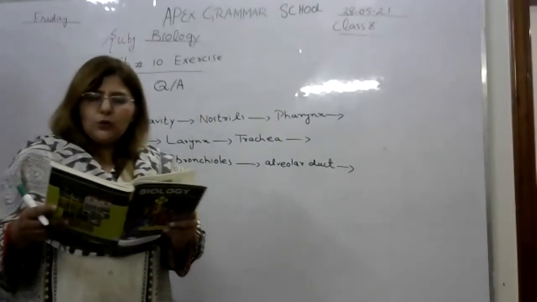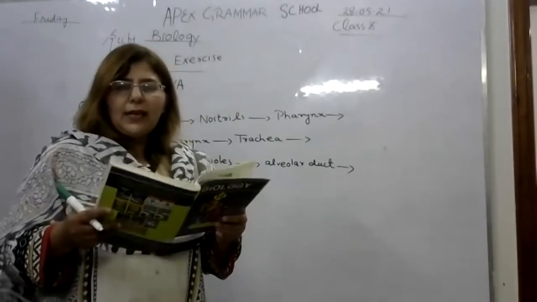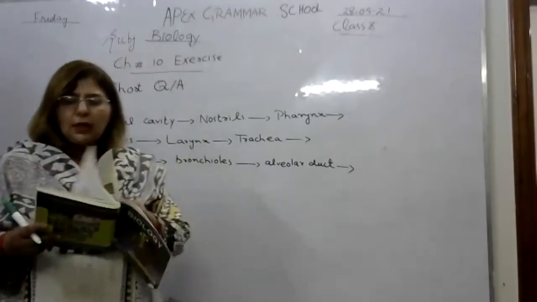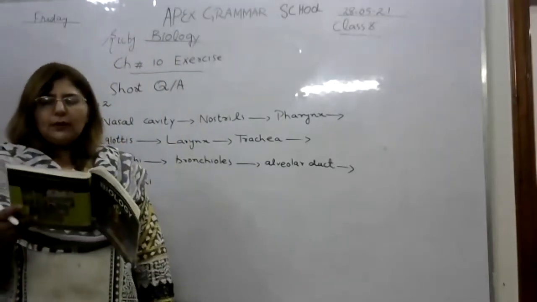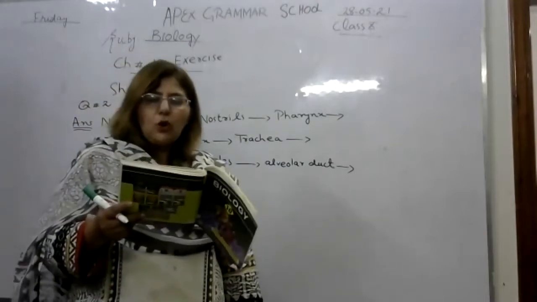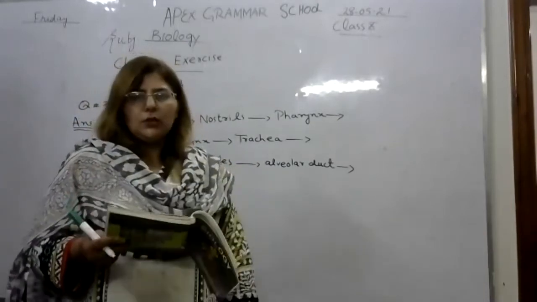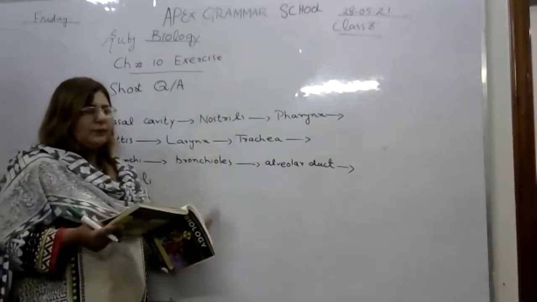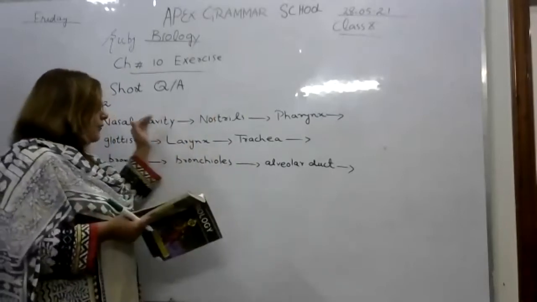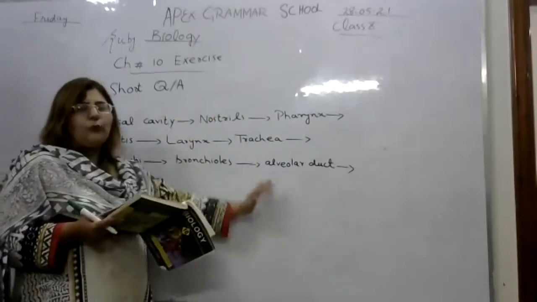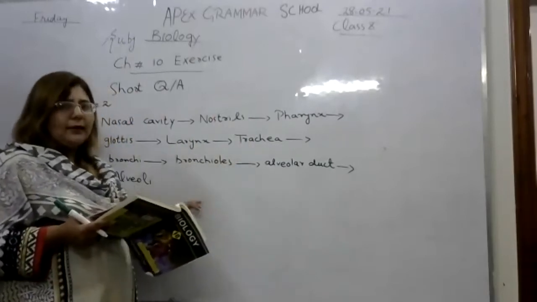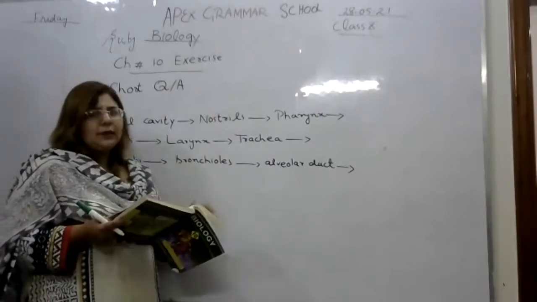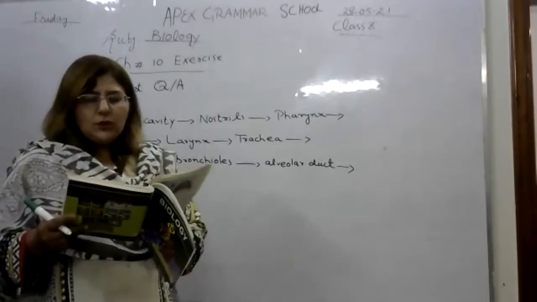Come to second long question. Write down the steps of inhalation and exhalation. Actually, you have to discuss the mechanism of breathing. Come to page number 7. Okay, the mechanism of breathing: inspiration or inhalation, expiration or exhalation. And keep in your mind, when I discussed this topic with you, I made a column of inhalation and exhalation. And I explained to you 4 parts of inhalation and 4 parts of exhalation. So when you write this answer, you also follow these 4 points of inhalation and exhalation, and then write them in your registers.